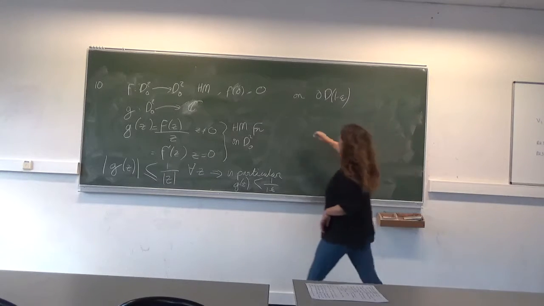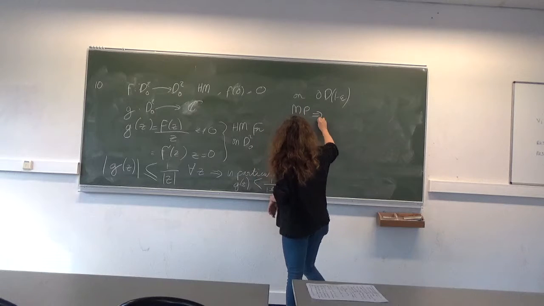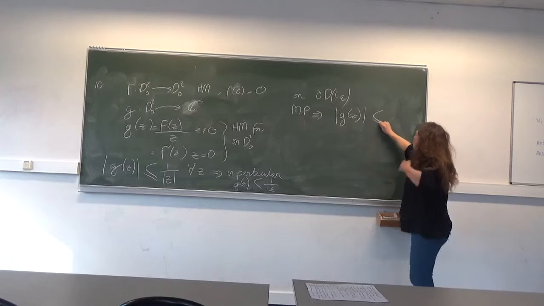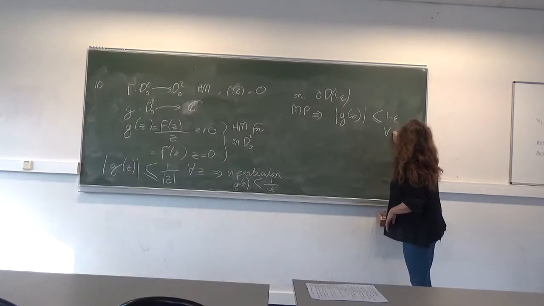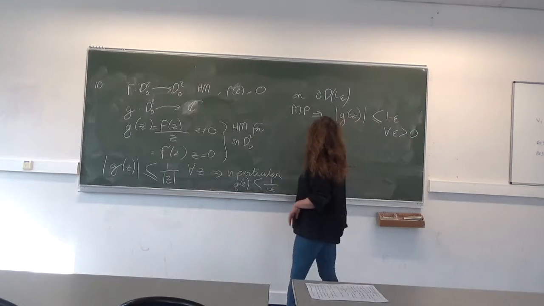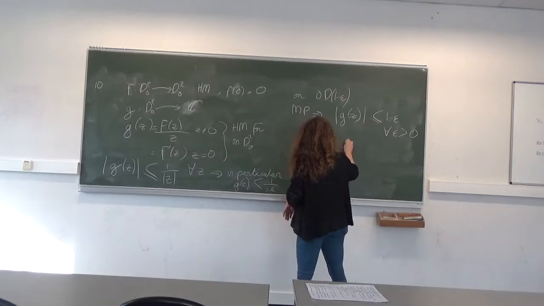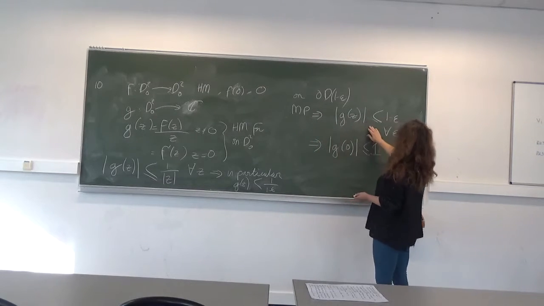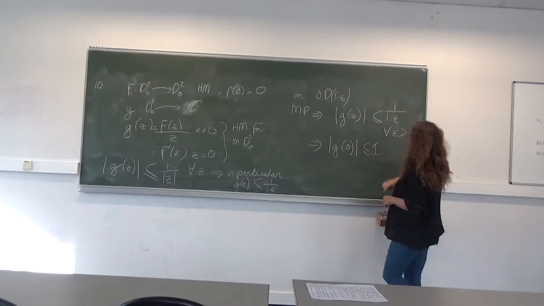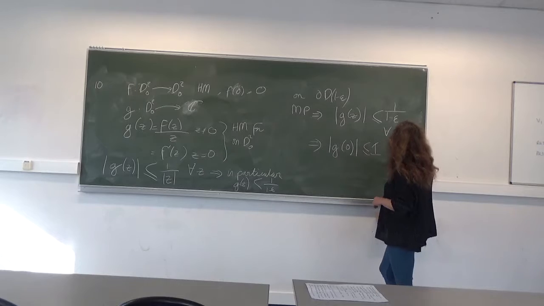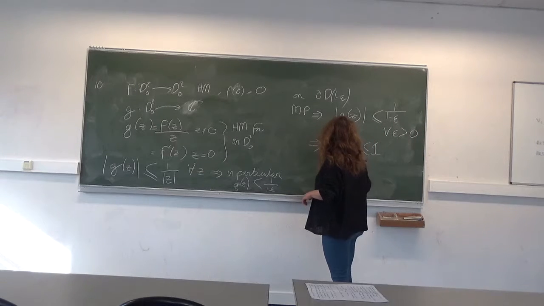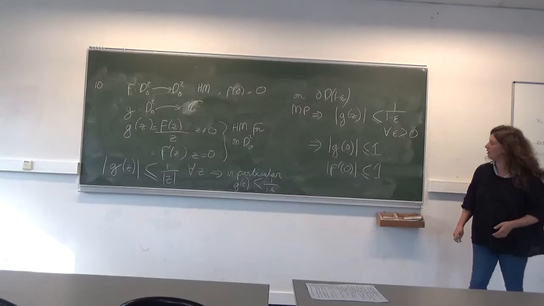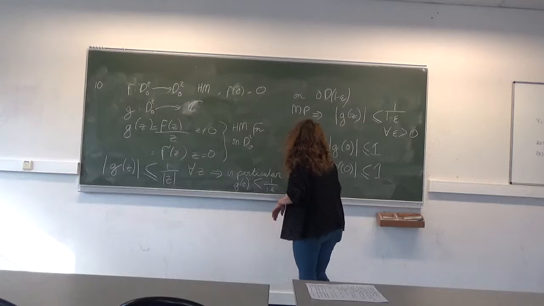Okay, so by the maximum principle, this gives me that g of z, absolute value, is less than or equal to 1 minus epsilon for all positive epsilon. So in particular, absolute value of g of 0 is less than or equal to 1 over 1 minus epsilon, less than or equal to 1, and that gives me the absolute value of f prime of 0 is less than or equal to 1, and in particular, if f from D0